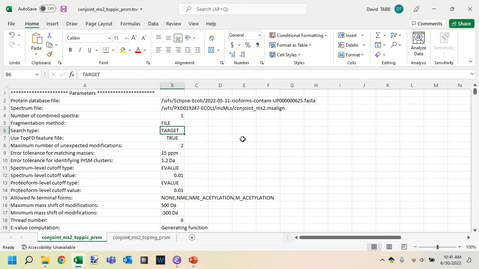It's worth noting that in this case, I did not do a target decoy search. I included only sequences that are real potential matches for tandem mass spectra. We use the -S2 option. That means that the maximum number of unexpected modifications is 2. We have error tolerances. We see how the software is doing its filtering at the spectrum level and at the proteoform level. Because we didn't do a target decoy search, we only have the ability to cut off on E-values, not on